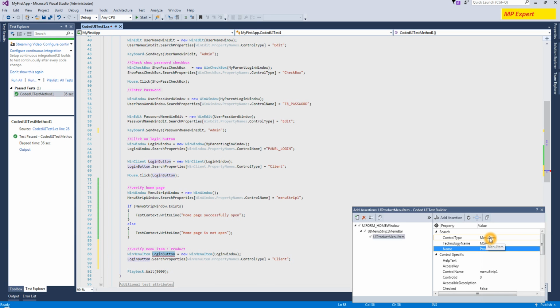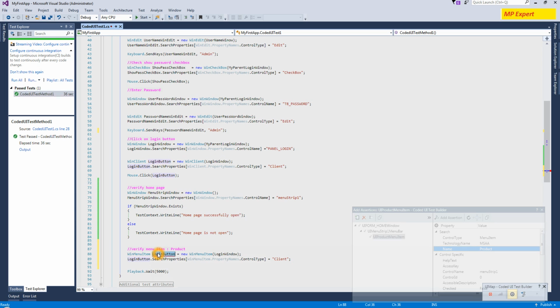Menu item product and product item. So we have to give over here